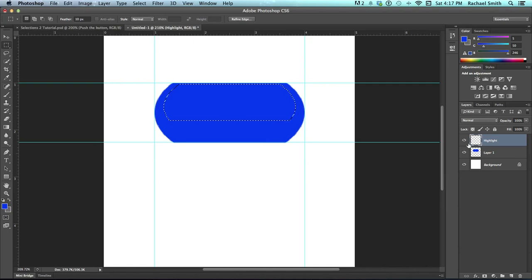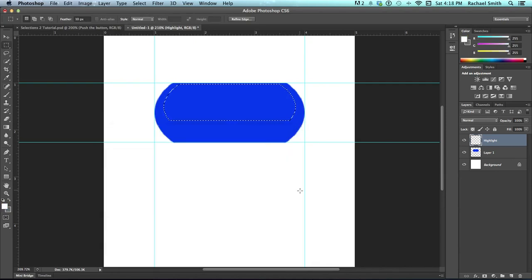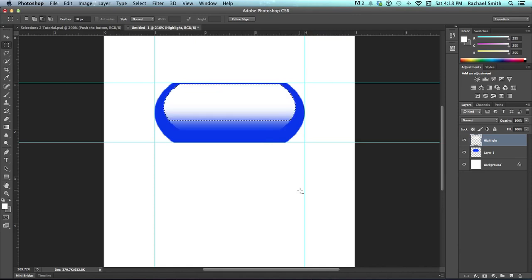Let's see what this looks like. Let's fill this up with white. I'm going to grab white and click OK, and then fill is Option Delete, and I'm going to deselect. So you can see here I've got a nice feathered edge, which is great, but I also have a really hard edge up here. So I'm going to set my feather down maybe a little smaller, like 6-ish,